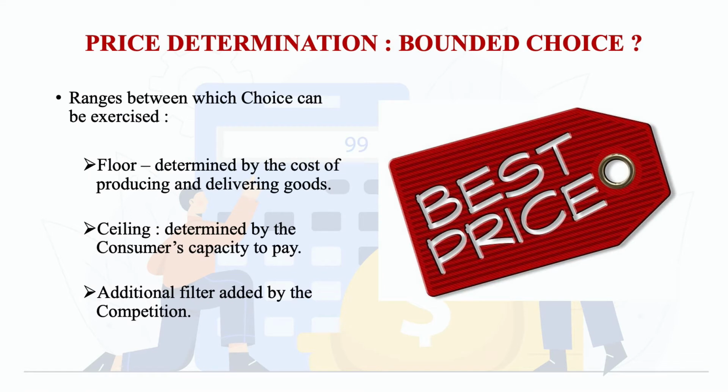An additional filter is also added by the competition. You cannot be too far out of the prevailing price except when you are creating a complete innovation or complete novelty in the market, then you are sort of beyond existing competition and you can charge whatever you want. But in cases of products which have got alternatives, for which there are other choices that are available to the consumers, your competition's prices become a frame of reference for your own consumers, and therefore you will have to look at what are the prevailing prices before you set a final level.